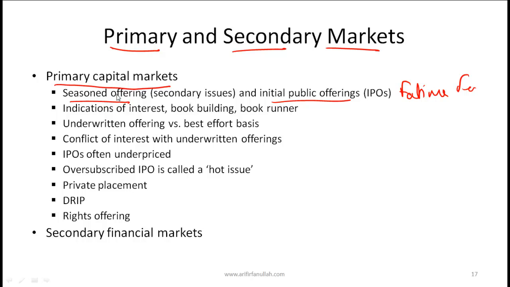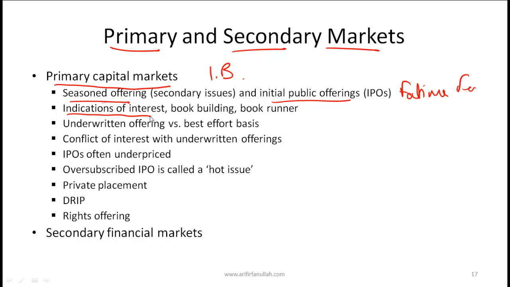Typically in a primary market, you have the issuer involved and an investment banker. What an investment banker tries to do is find entities that are willing to subscribe to the IPO or the secondary offering. As the investment banker identifies potential investors, each investor's interest is called an indication of interest. An indication of interest is not a commitment, but it gives a sense for how much investors are willing to pay for the shares.